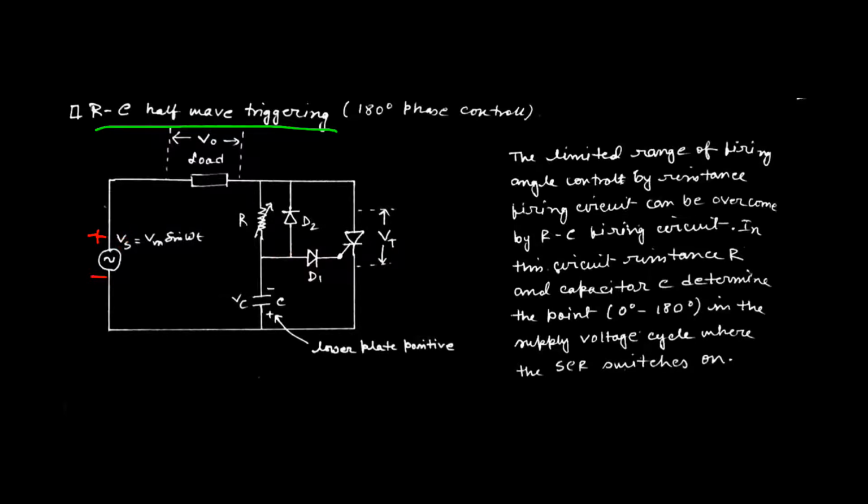At the same time, after passing the end position of the negative half cycle, that is after passing the 0, once the upper part gets positive and the other one is negative, current tries to flow in this direction. That means if we consider the biasing magnitude, the lower part is more negative with respect to the upper one, as this is defined by the supply voltage with a very small magnitude, and this is defined by the stored voltage across the capacitor C, that is minus Vm. That means whenever we are crossing 0 to the other angle, the diode should be in reverse biasing condition, as the lower part is more positive with respect to the cathode.